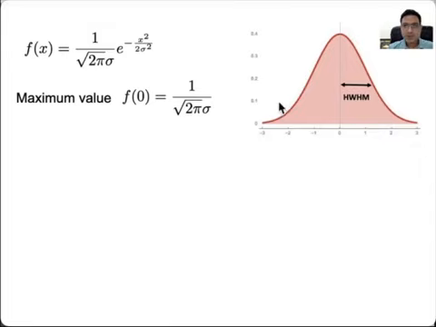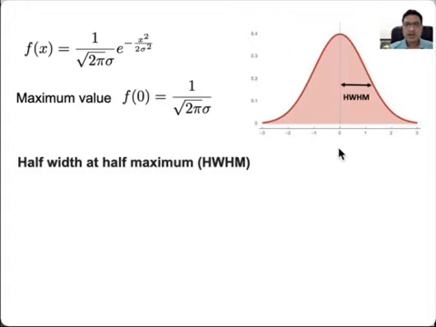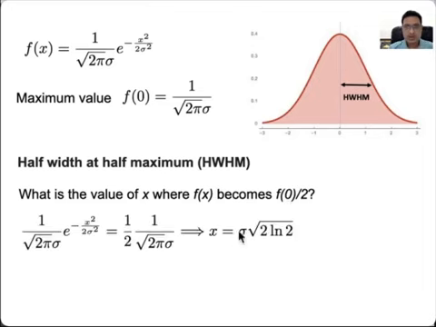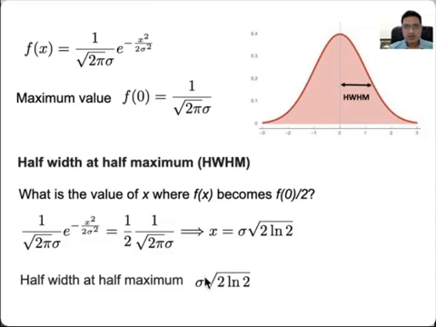Okay, so here is the distribution, and now we have to define what is HWHM. HWHM is defined as half width at half maxima. What it means is: at what value of x does the function attain half of its maximum value? What is the value of x where f of x becomes f naught, f of 0, divided by 2? We know f of 0. So now we can substitute f of 0, and then you can know this x; at this value of x, the function attains half width at half maxima. Okay, so this is what we have written.